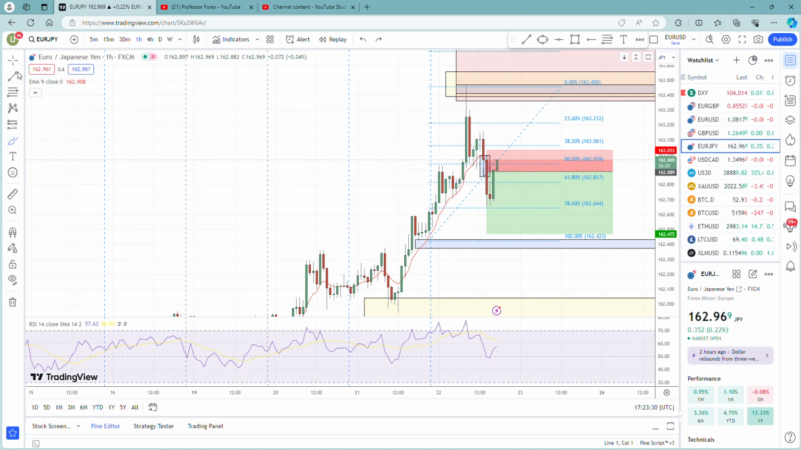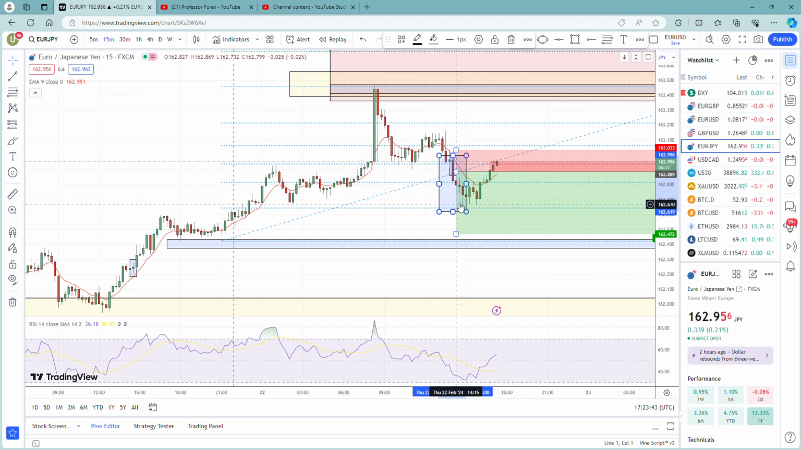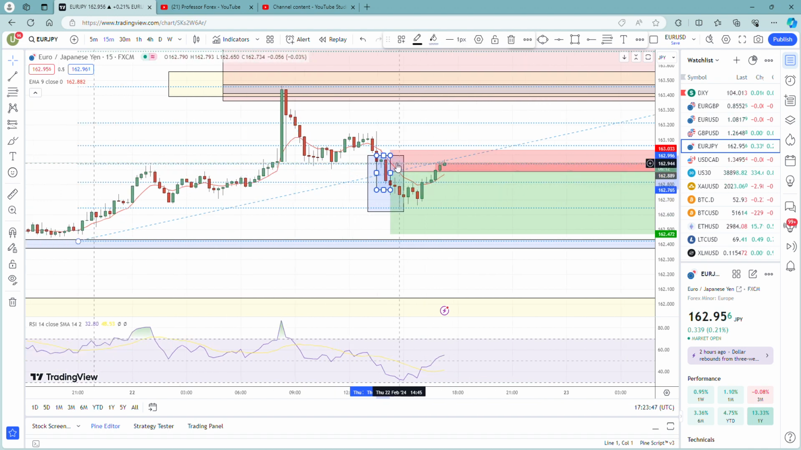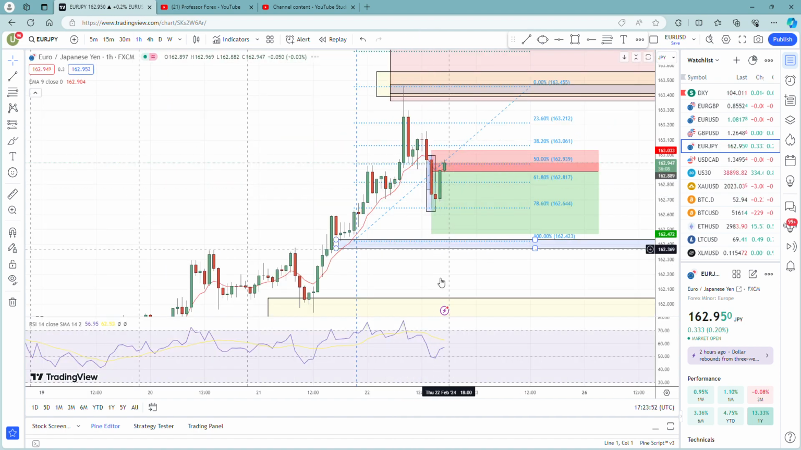So let's go and show you the M15. So I entered on this one here, this candle. I'll show you exactly which candle it was. So remember, we use a 15-minute time frame for the entries. So I entered on this candle here, this one, and stop loss and take